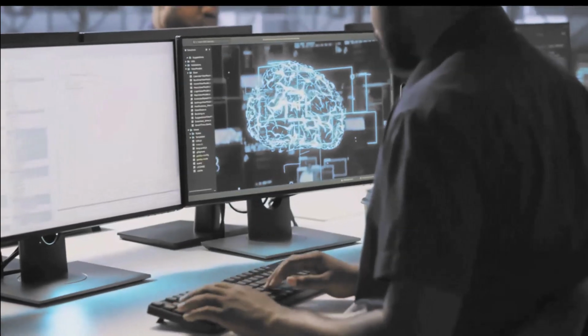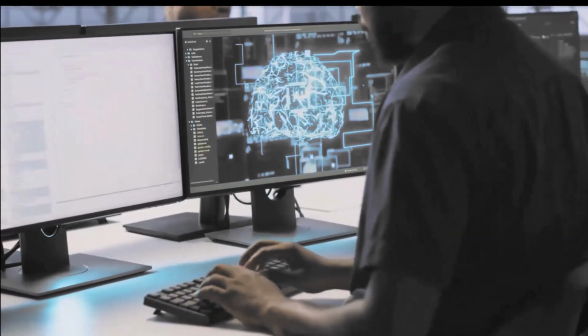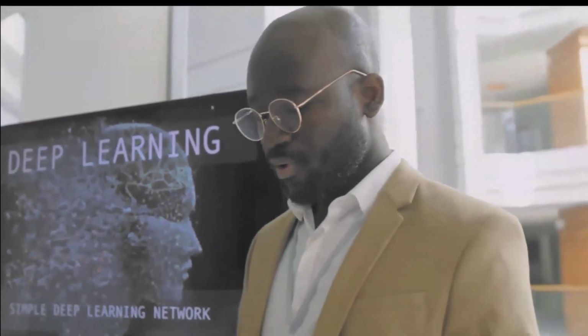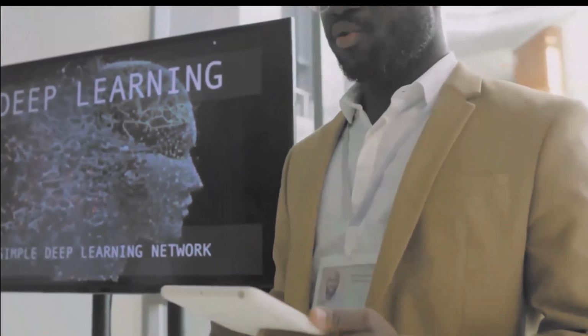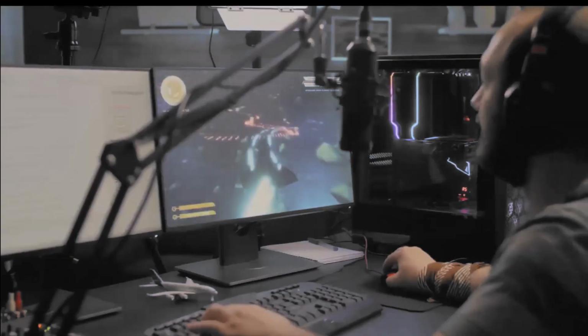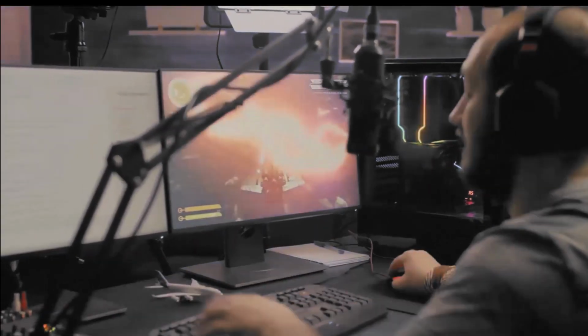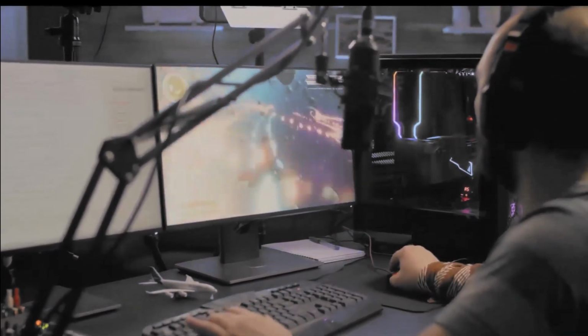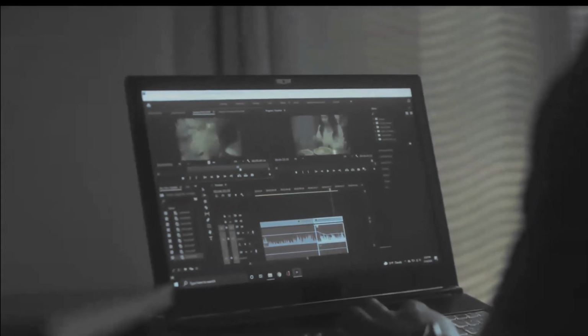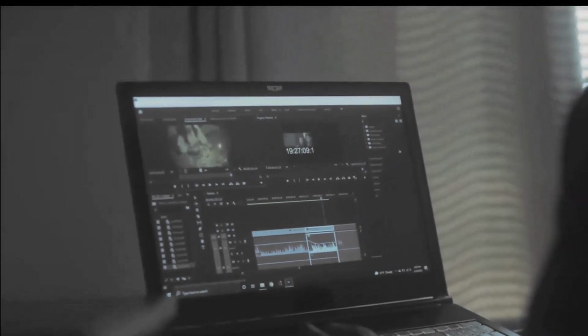The GB10 is designed to handle a wide range of AI workloads, from training deep learning models to running AI-powered applications. This opens up a world of possibilities for gamers, content creators, and anyone who wants to explore the cutting edge of AI. Imagine playing games with incredibly realistic graphics powered by AI, or editing videos with AI-assisted tools that automate tedious tasks. The GB10 has the potential to revolutionize how we interact with our computers, making them smarter, faster,